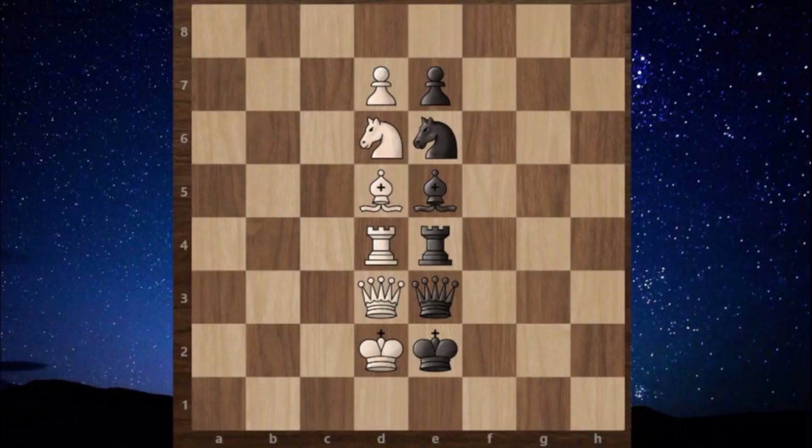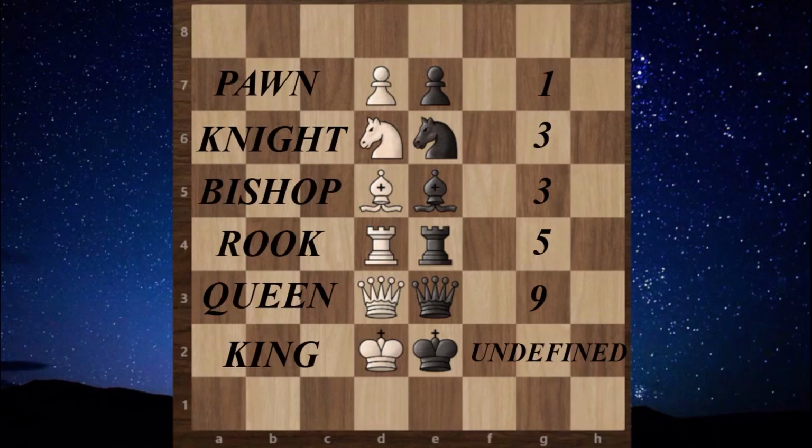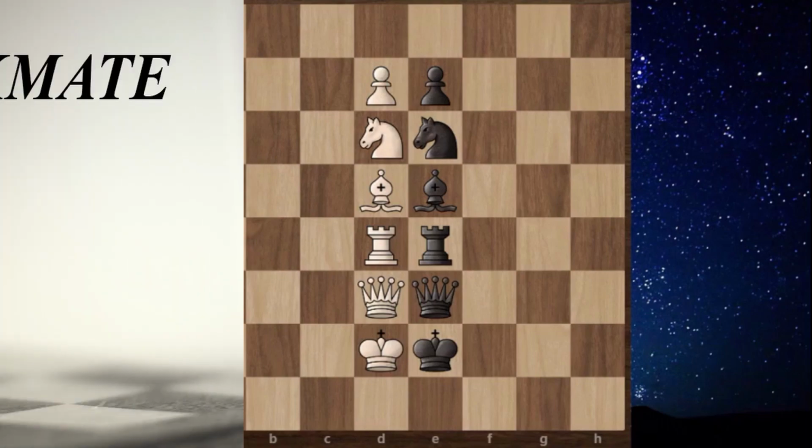Now let's see points or piece value. Each piece is differently valued, and among them, the queen is the most powerful and worth 9 points. Rooks are worth 5 points, bishops and knights are worth 3, and pawns are worth 1 point. You should consider the piece value for the material advantage. The king's value is not defined, as if the king is threatened with capture on the next move, then by checkmate, you will lose the game. To win the chess game, you should checkmate your opponent.